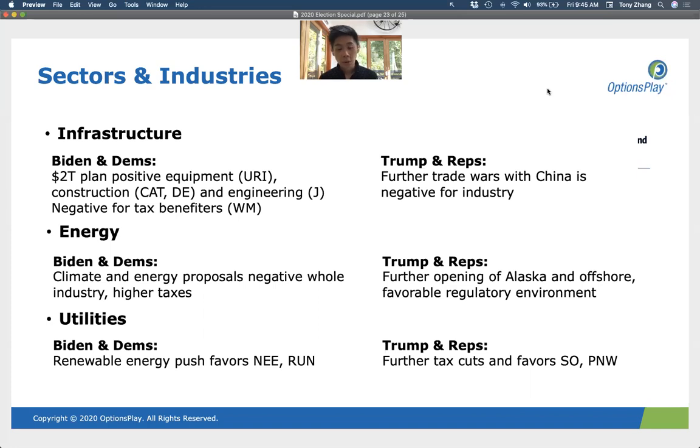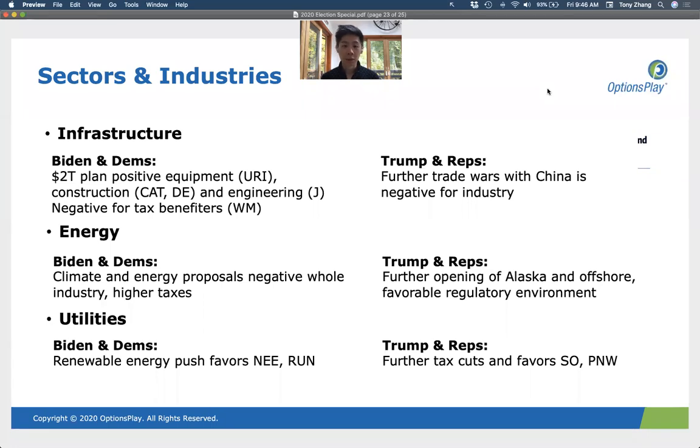So when we look at this from a longer term perspective, Biden and the Democrats are going to accelerate the decline in energy. But at the same time, that's also going to accelerate investments in some of the infrastructure names that we just spoke about, but also renewable energy and utilities. And that's what we're going to talk about next. On the utilities front,